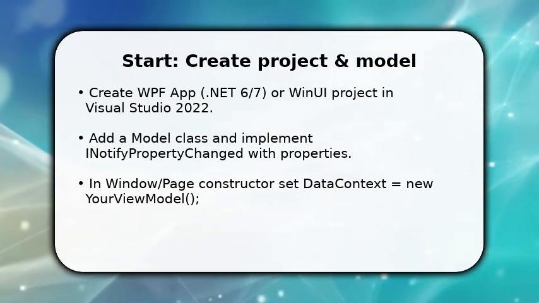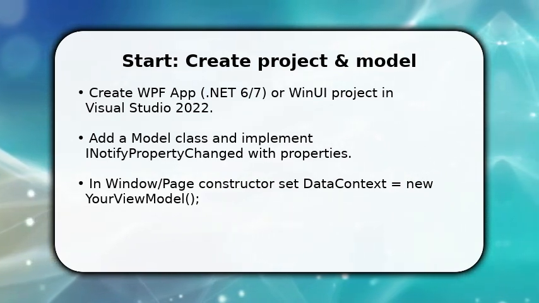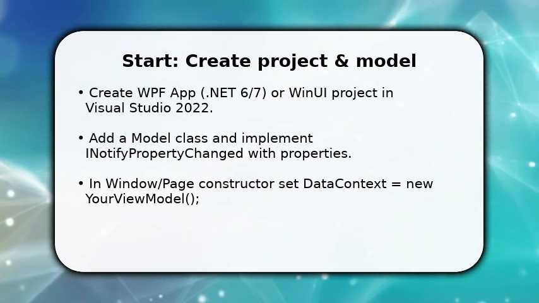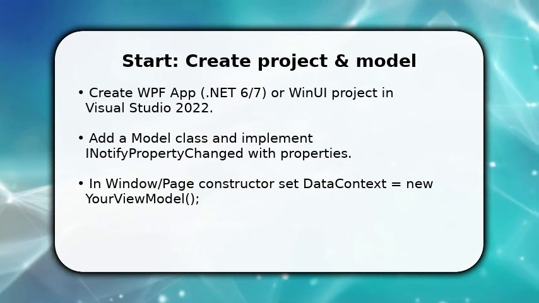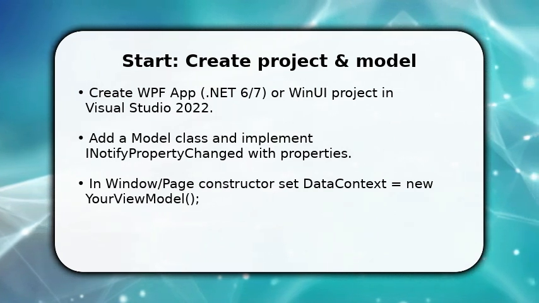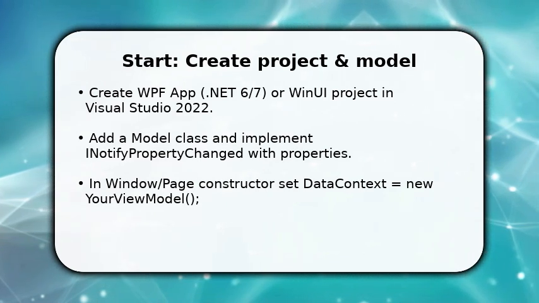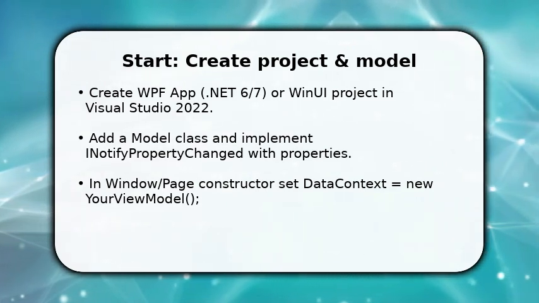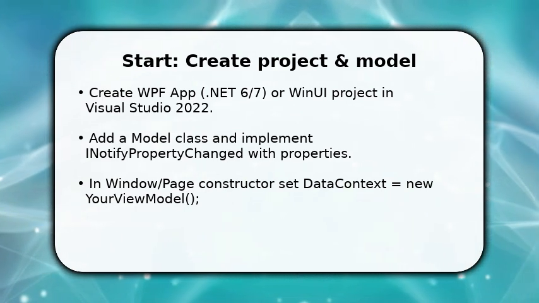You begin by creating a WPF or compatible UI project and immediately add a model or view model. Implement INotifyPropertyChanged on that class so the UI can observe changes. Once done, instantiate the view model in your window or page constructor and set DataContext to that instance. This step wires your data layer to the view. Make sure namespaces compile and the properties are public. If you skip INotifyPropertyChanged, bindings won't update dynamically, so implement it now and confirm no build errors before